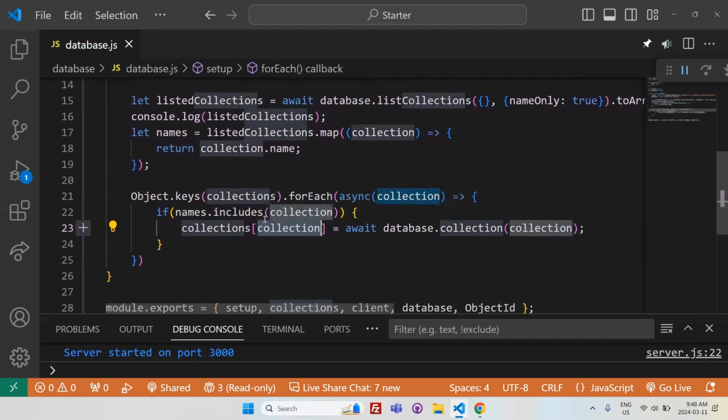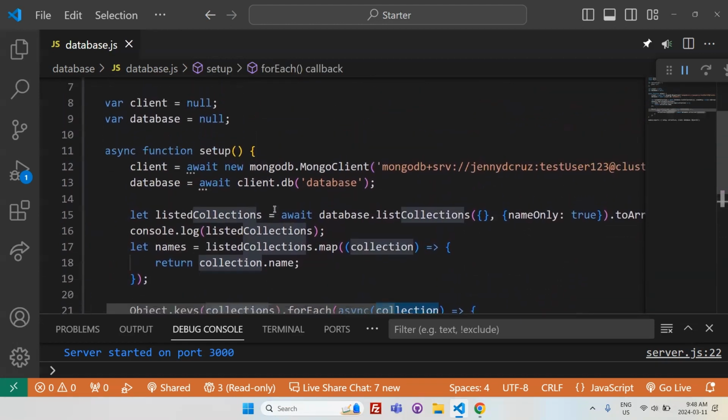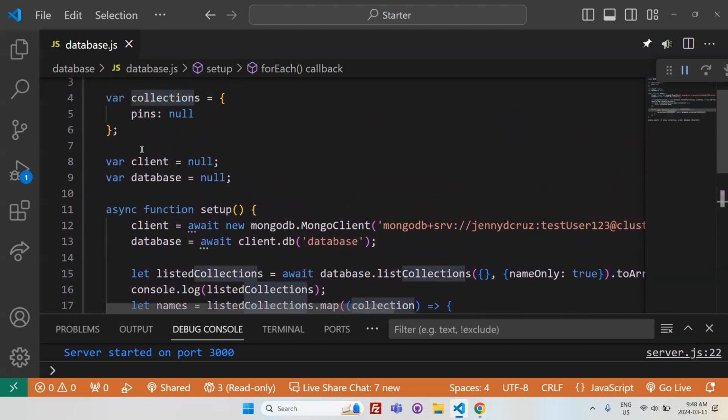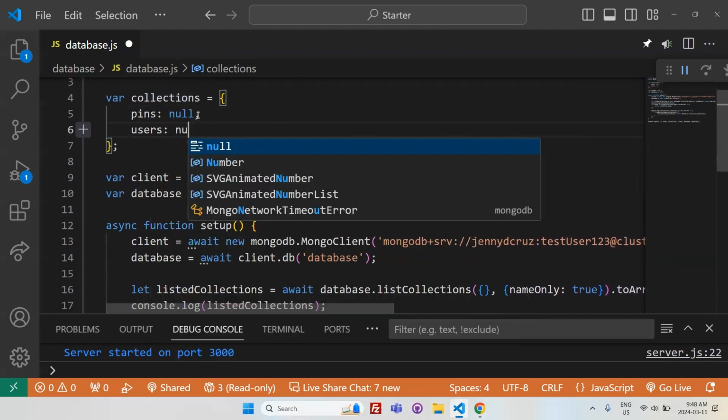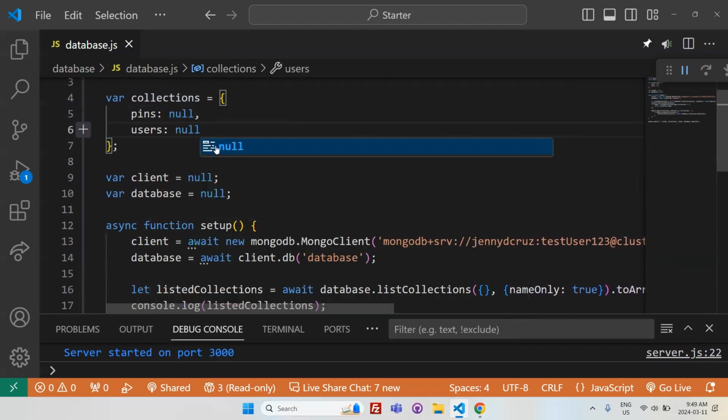So this essentially is pointing towards pins. If you work with for loops, we are going through an array or an object. So for each key that we have in here, let's say in the next class we'll also have users. Let's set it currently to null. When we go through the for loop, it's going to check whether there is a collection called pins